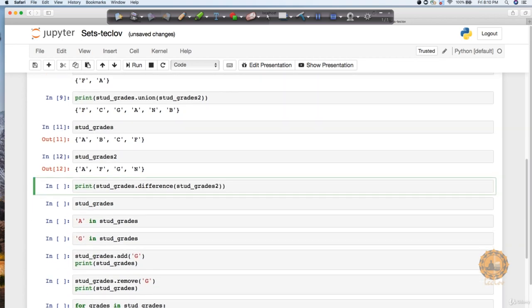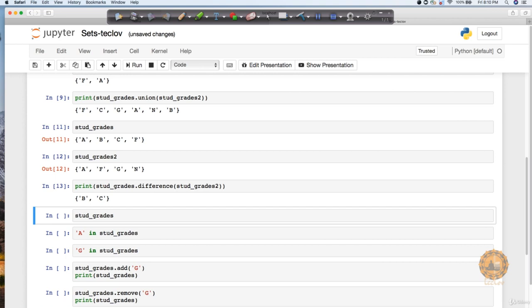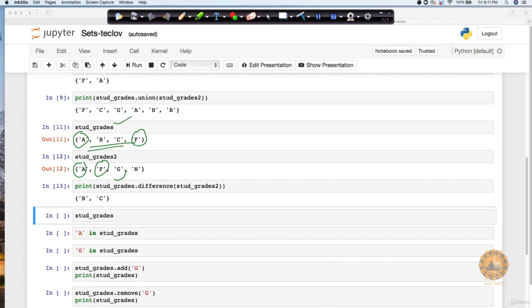Let's do a difference of them and see the output. A and F were common, right? So after we are done with stud grades, which is the first value, whatever the left out values are will be printed out. So you can see that B comma C got printed out. This is how your difference function works.